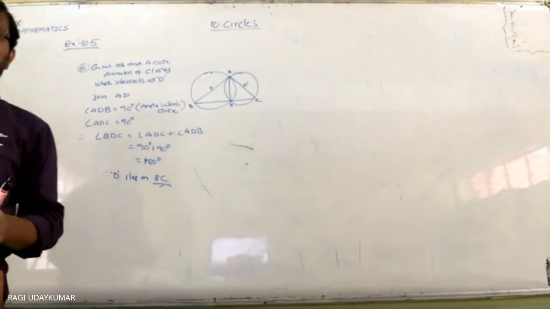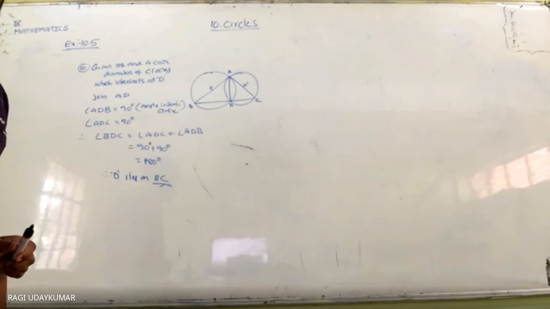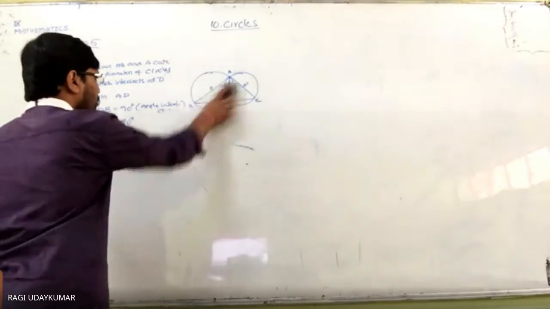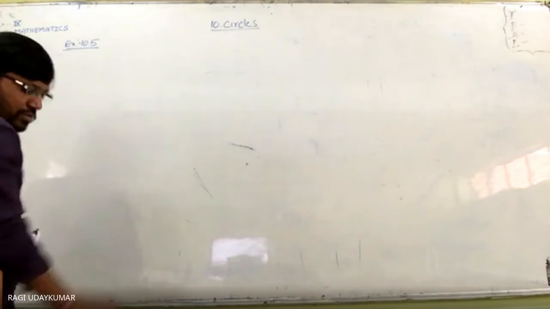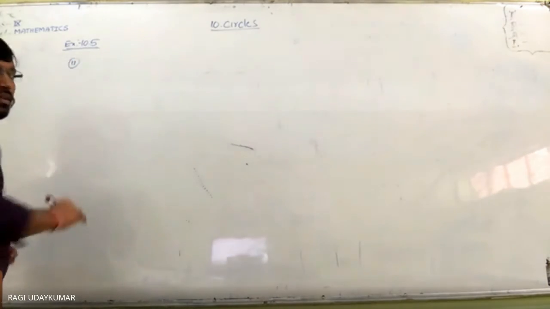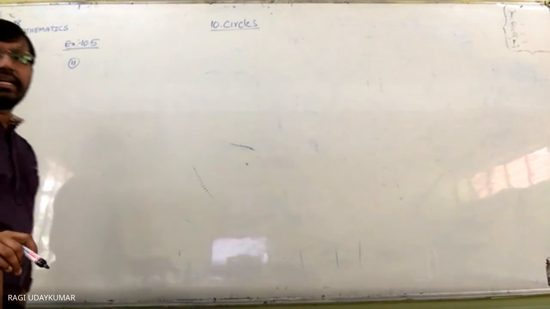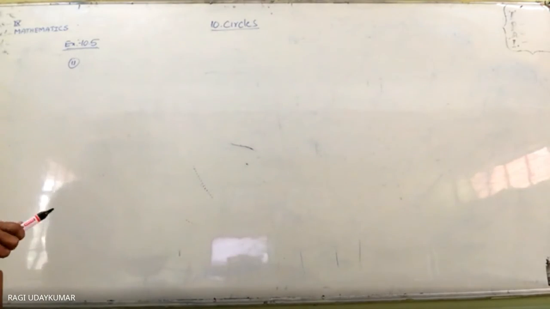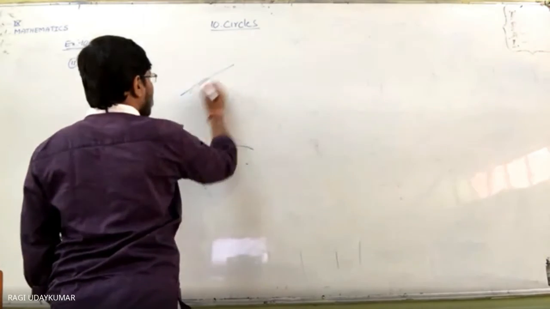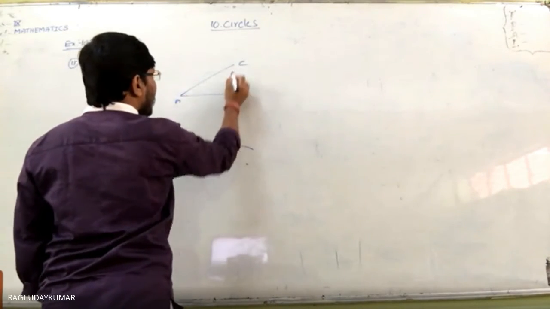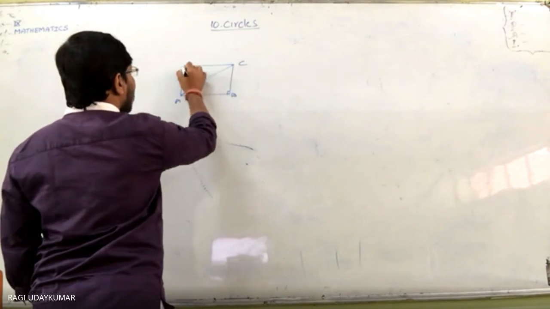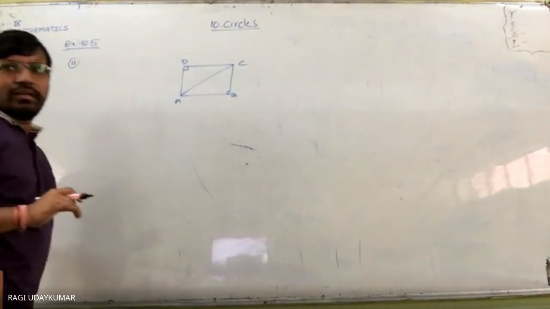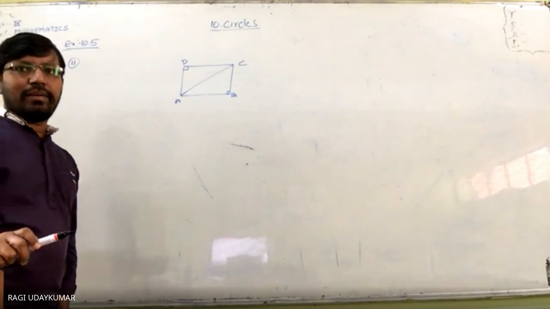Okay. Any doubt? No, sir. So the next question is given to you. ABC and ADC are two right angle triangles with a common hypotenuse AC. ABC is a right angle triangle with B equal to 90 degrees, and ADC has D equal to 90 degrees. It is given that these two are right angles. Prove that